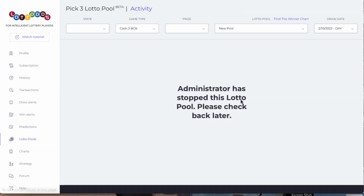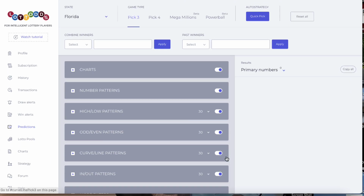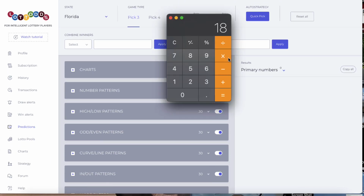When we go back to the Lotto pool, it's all about fishing. And Lotto pool's closed. But anyway, there's a diagram of a person fishing here. Anyway, so it's 36 numbers, 18 numbers, and let me show you something. 18 times 100 draws,